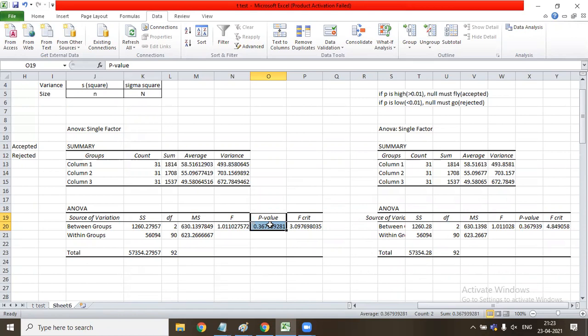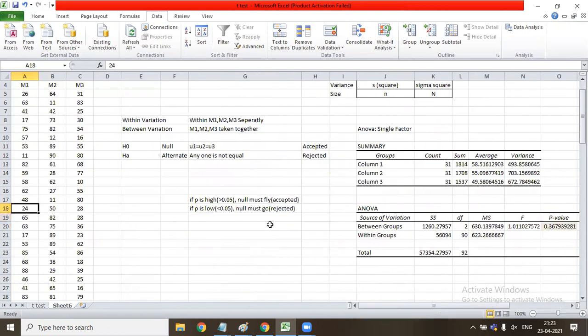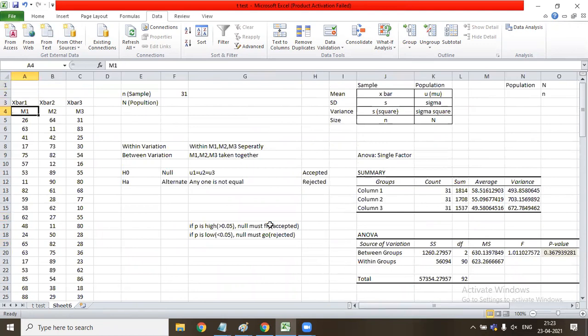Yes, sir. So what if we search for a t-test for all three variables, M1, M2, and M3? A t-test is not available for more than two samples. So can we merge M3 into M2 and M2 into M1 and then find the t-test? Will the p-value be equal to this ANOVA or will it be different? This is my question.